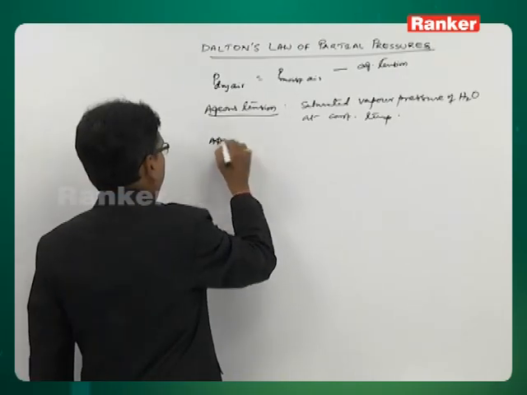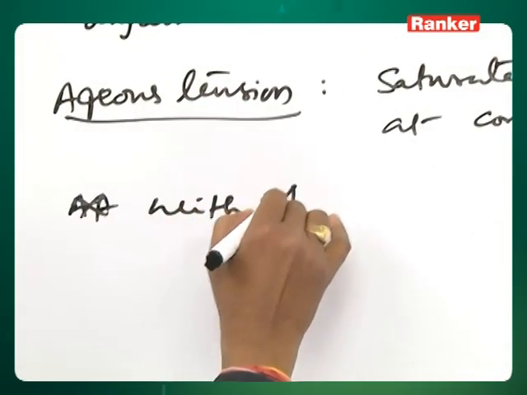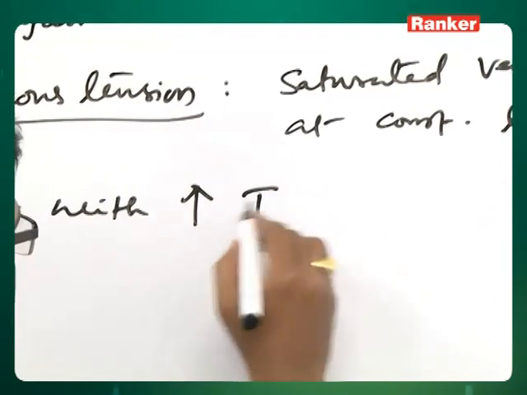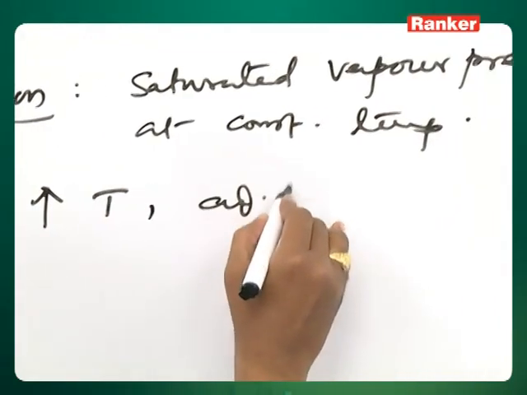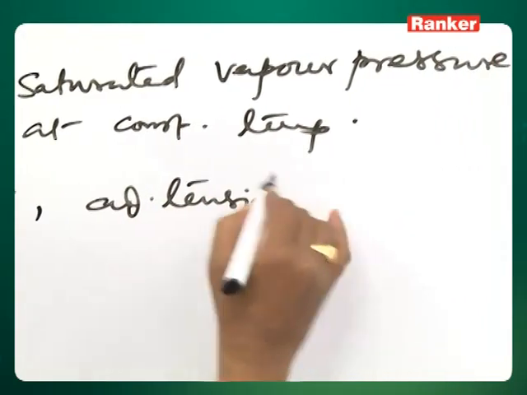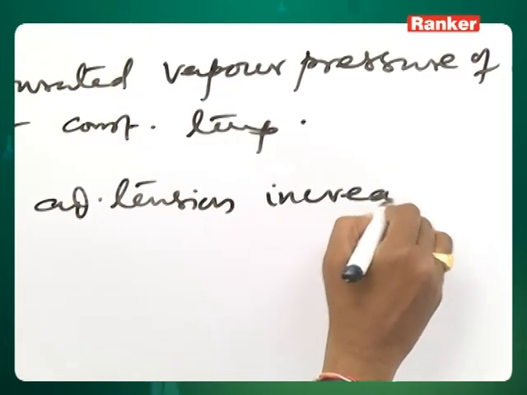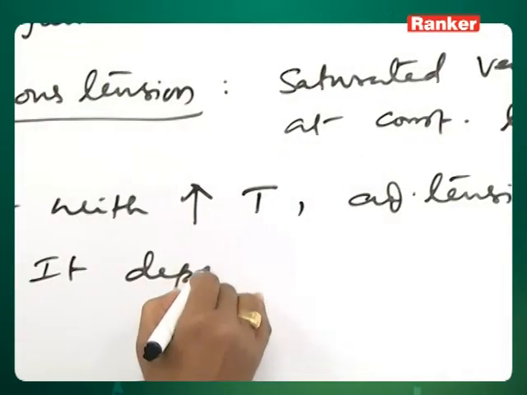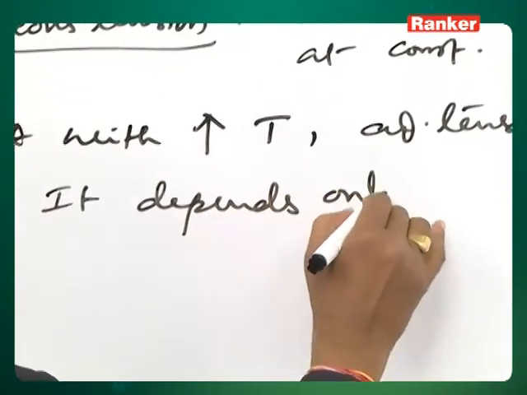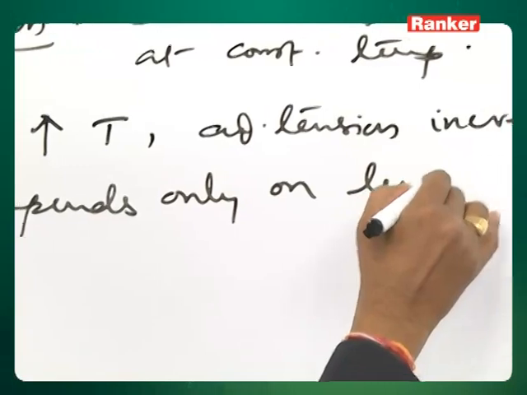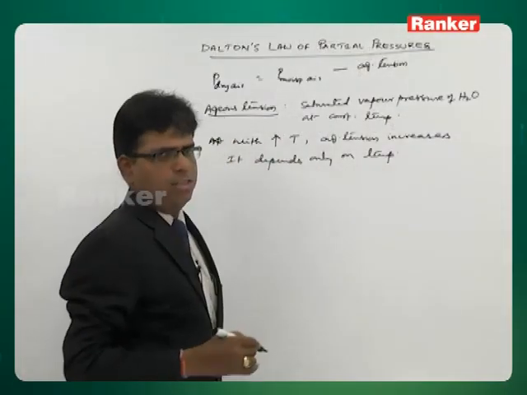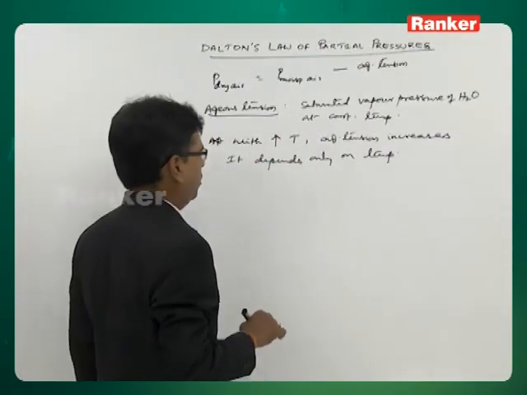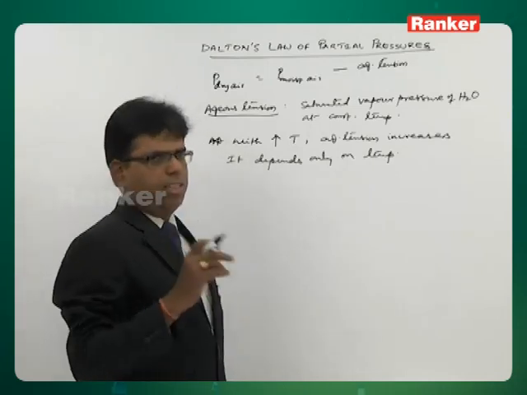With increase in temperature, aqueous tension increases. It depends only on temperature. No other condition will change this aqueous tension. It depends only on temperature, right? And why it is so and all,